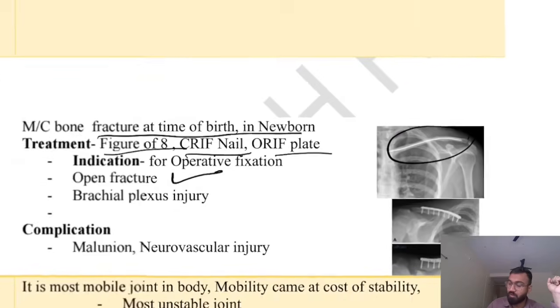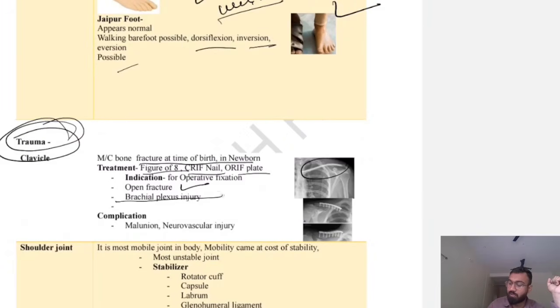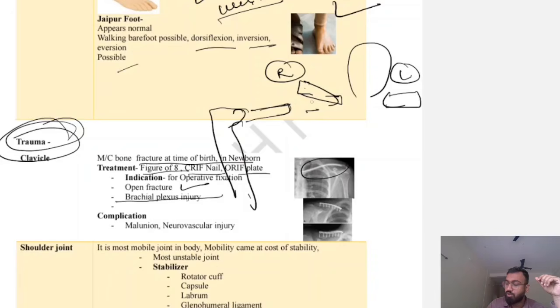Okay. Now there is a patient who has brachial plexus injury associated with clavicle fracture. So let's assume this is the right side. This is the lateral, this is the medial fractured bone of the clavicle. This is the clavicle of the left side. Let's assume this is the right side of clavicle and it got fractured. This is the medial fragment, and this is the lateral fragment. This is the humerus.